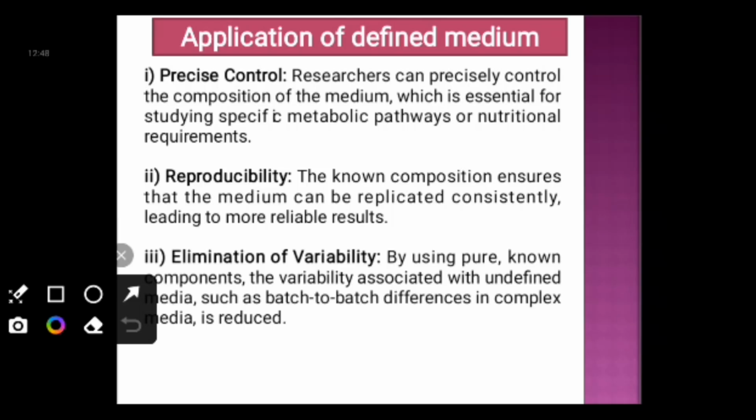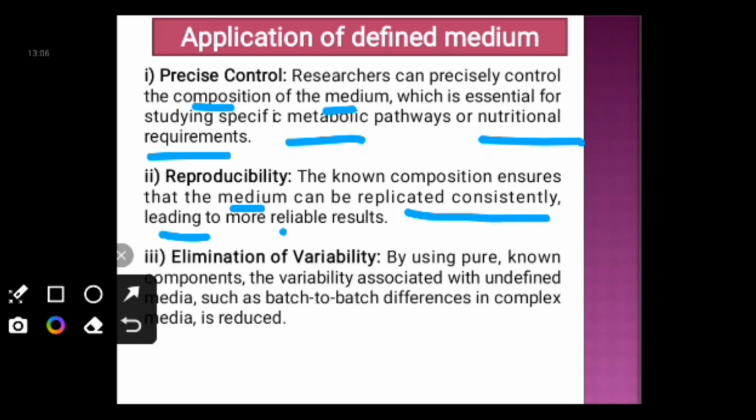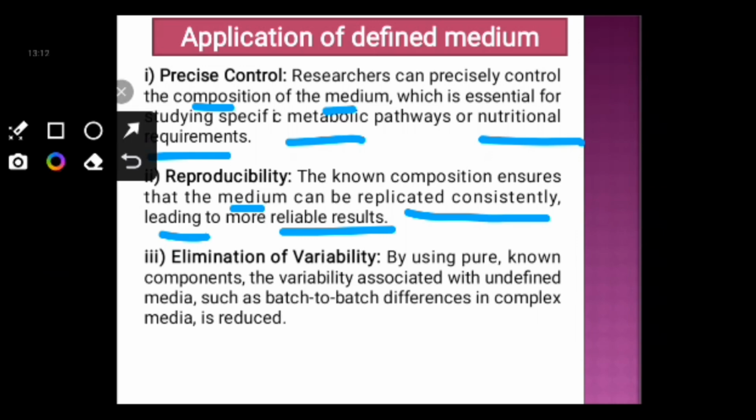Researchers can precisely control the composition of the medium, which is essential for studying specific metabolic pathways or nutritional requirements. Second is reproducibility. The known composition ensures that the medium can be replicated consistently, leading to more reliable results. Third one is elimination of variability. By using pure and known components, the variability associated with undefined media such as batch to batch differences in complex